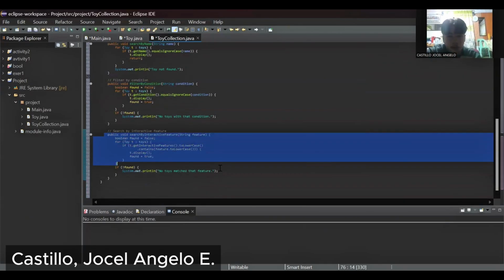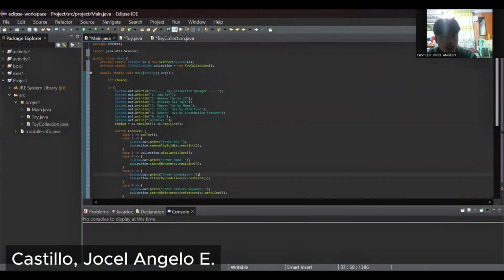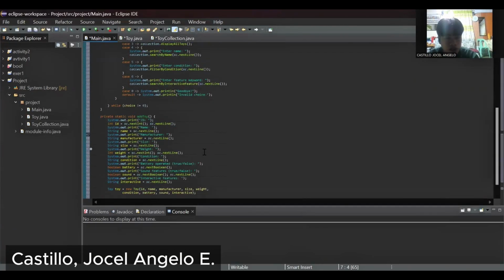The next is the Main class. The Main class is where the program runs. There is the scanner and the toy collection to display the collection of toys.